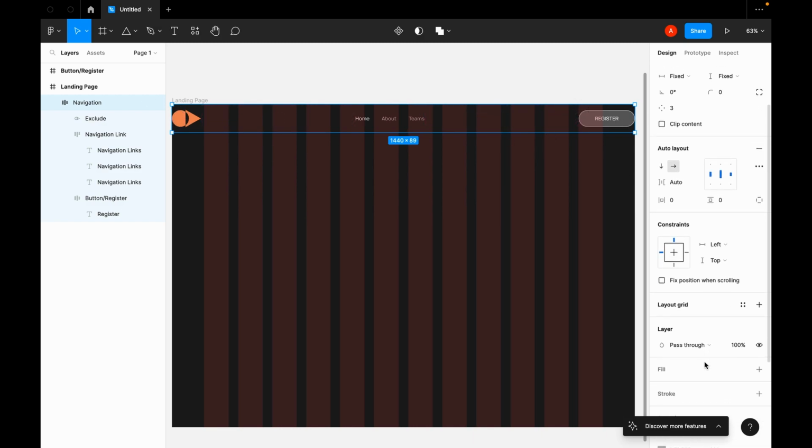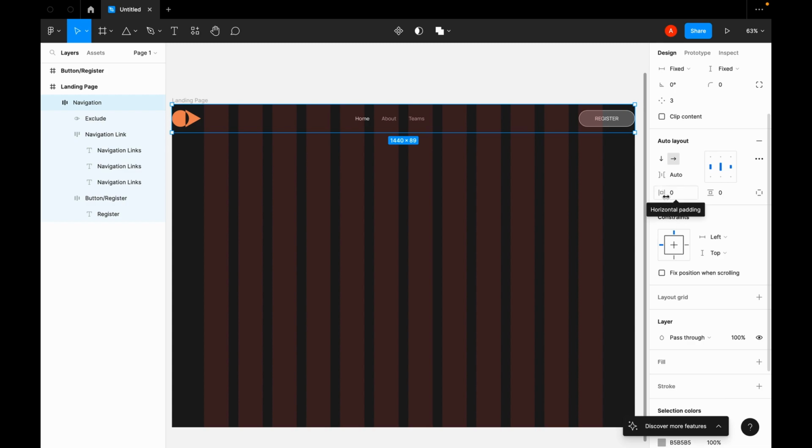And to do that, I'll come over here. So this is our horizontal padding and this is our vertical padding. So I'm going to give it a horizontal padding of 100. So now we have the header between our grid, and we can always use this grid layout while building the application,